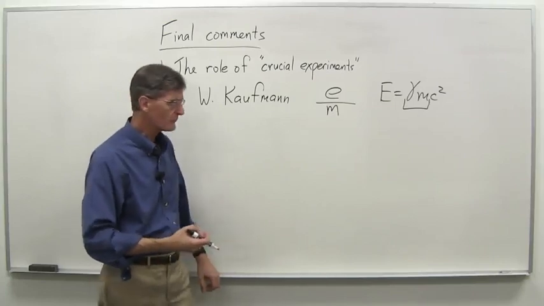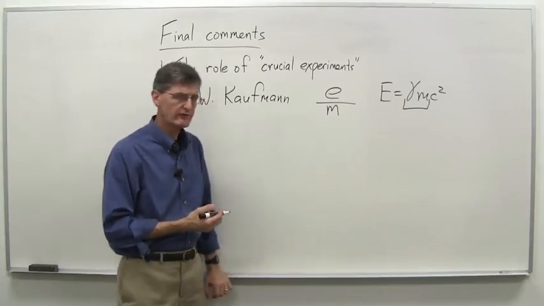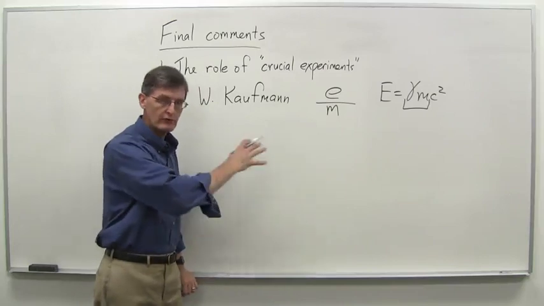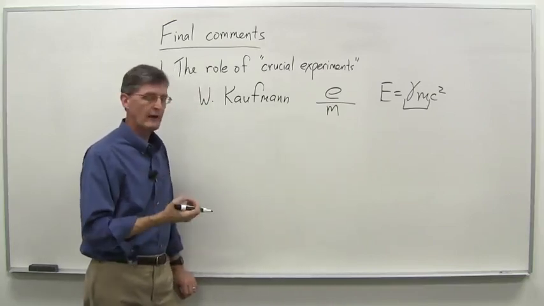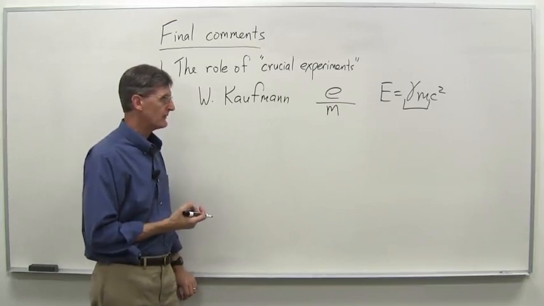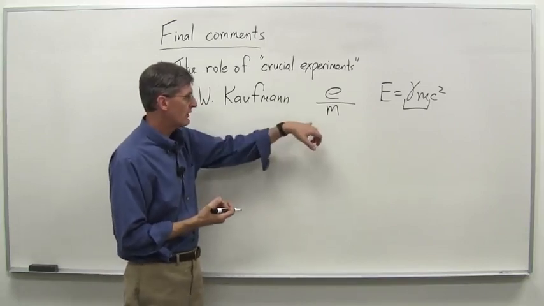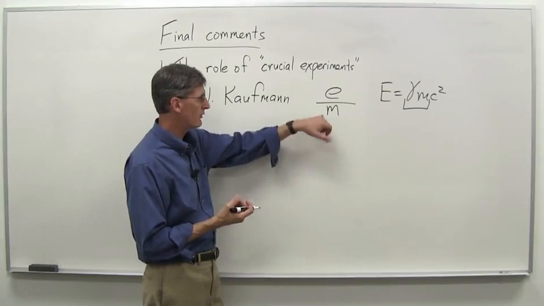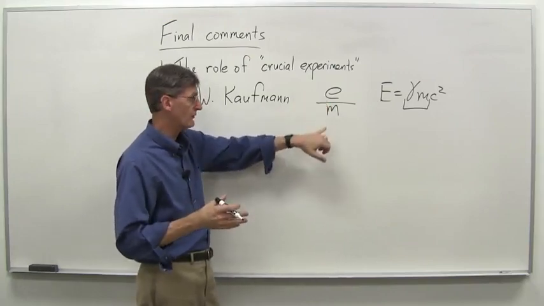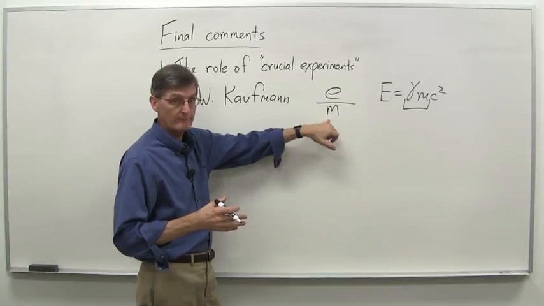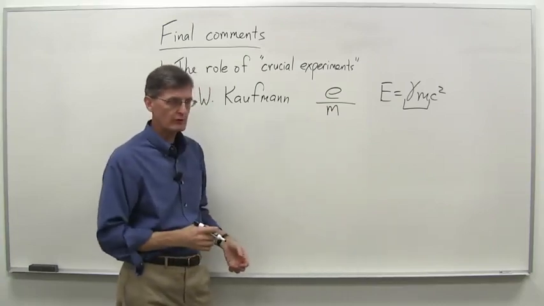You often hear that said about one of the results of the theory of relativity, that at higher and higher velocities, the mass of a particle actually increases. And so that's what Kaufmann was looking at here. He was saying, okay, the charge is going to be constant, is not going to change at higher velocities, but the mass will. And therefore, you could do various measurements.